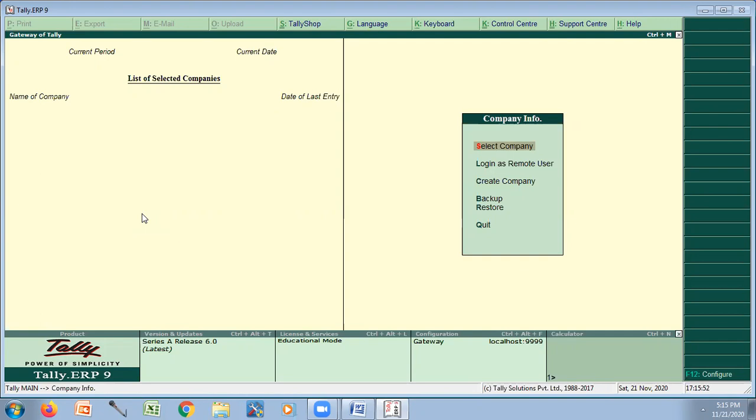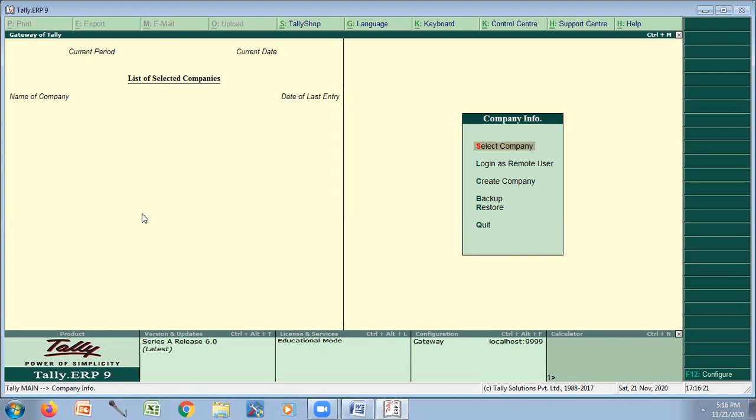The same thing only. Suppose GST is 18%. If we are going to sell goods within Tamil Nadu, 9% of CGST and 9% of SGST will go. Now the same thing we are going to sell to somebody outside Tamil Nadu. Suppose I am in Tamil Nadu, I am going to send outside Tamil Nadu. The 18% will go for IGST. Now we are going to see how we are going to calculate the GSTs.